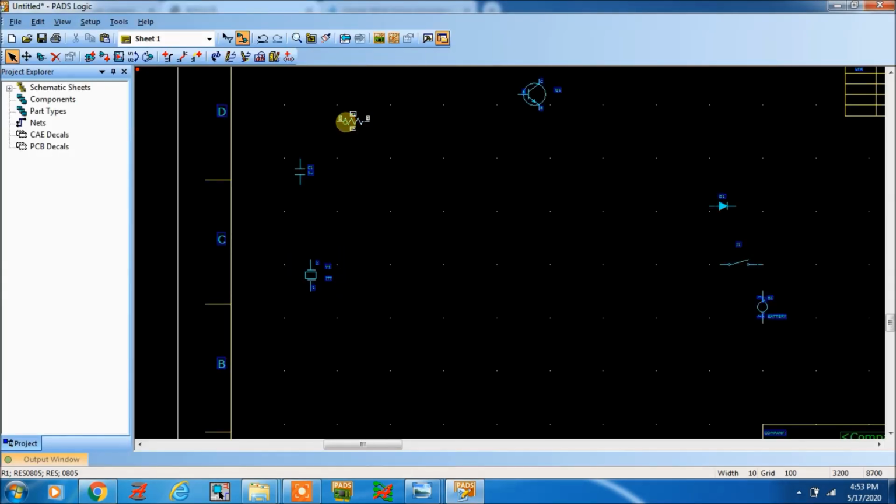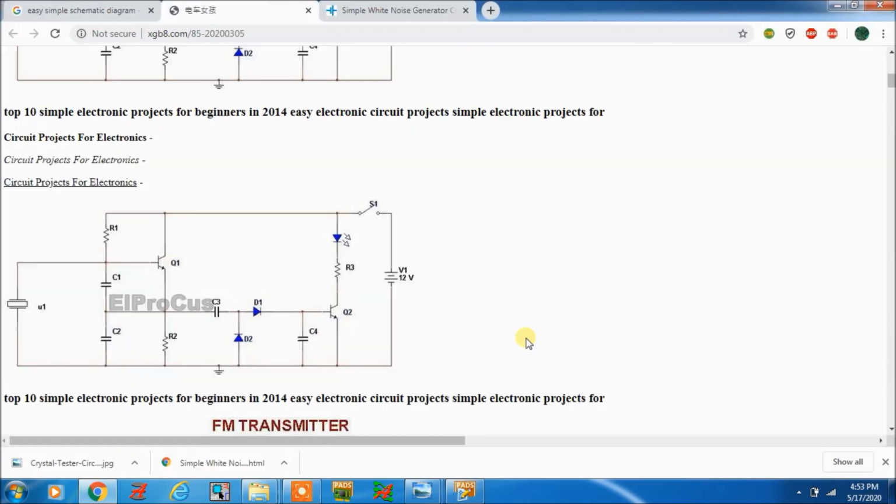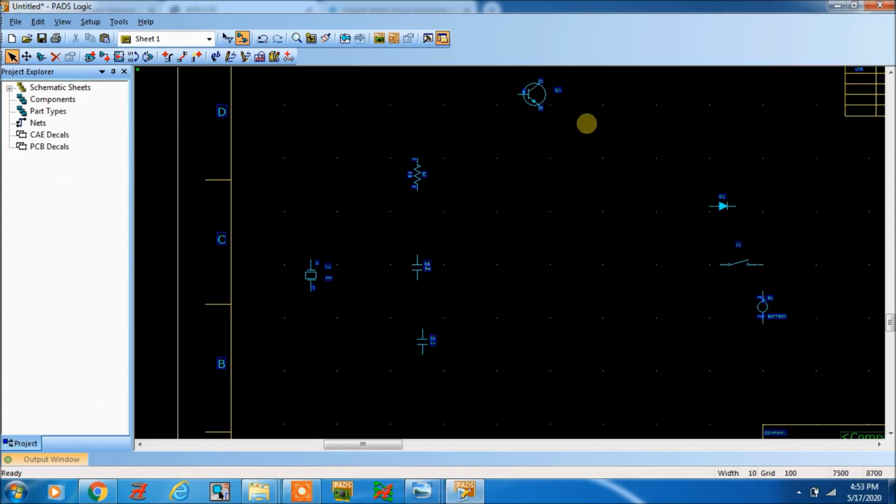Take resistor. You can rotate 90 degrees. Control R is the shortcut key for rotating. Then capacitor. Add. Here you can make a duplicate of it, like copy paste, and take transistor.